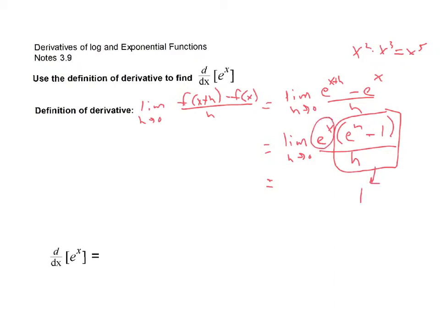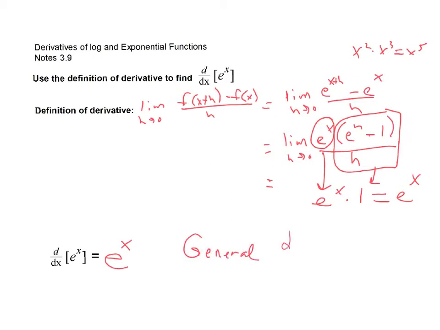Well, this part right here doesn't have an h in it, so its limit is just e to the x. So the limit, when all is said and done, is just e to the x times 1, or e to the x. So the derivative of e to the x is the easiest derivative there is. It's just itself, e to the x. Only derivative that is its own derivative. So in general,